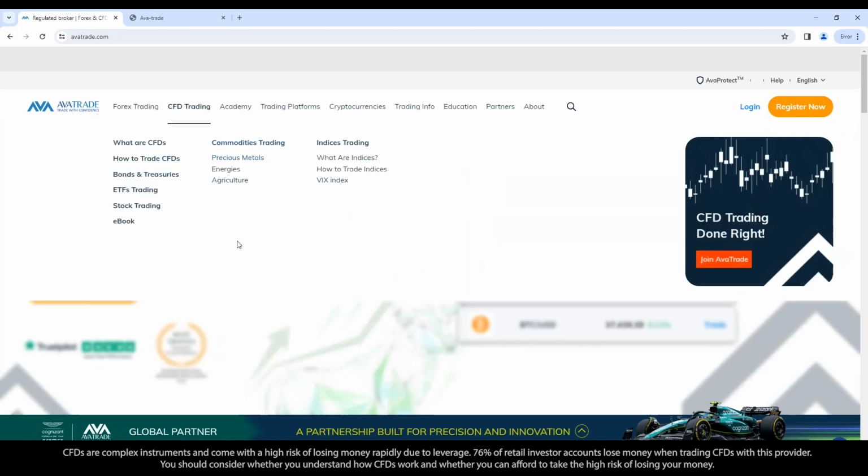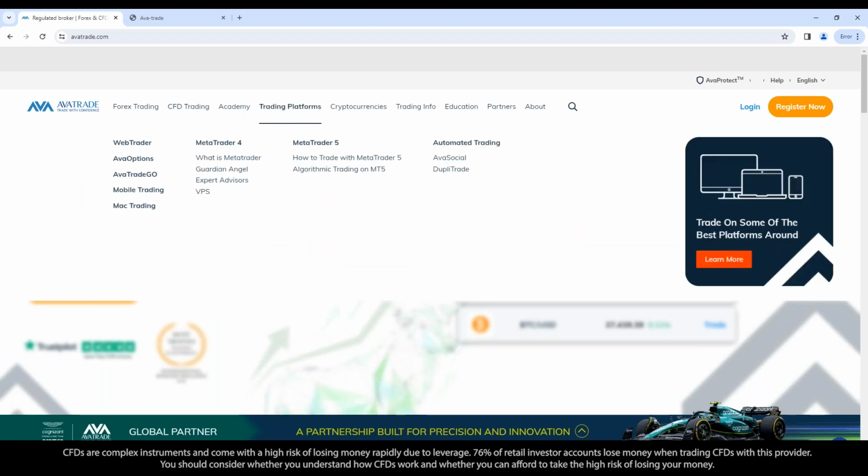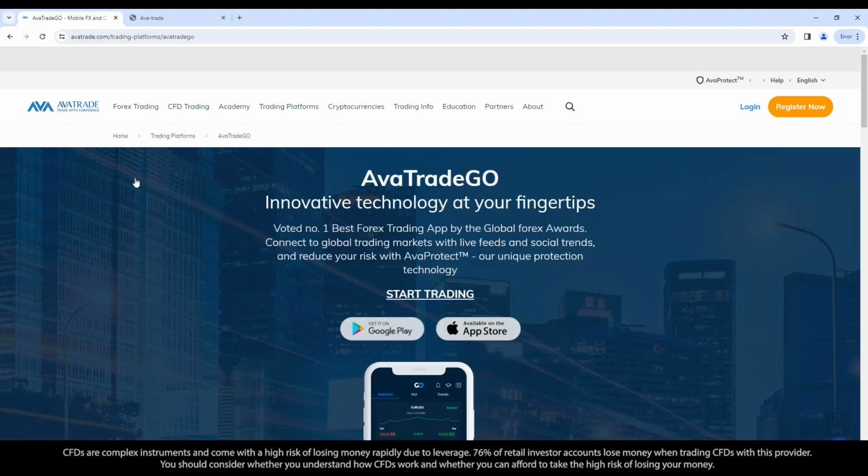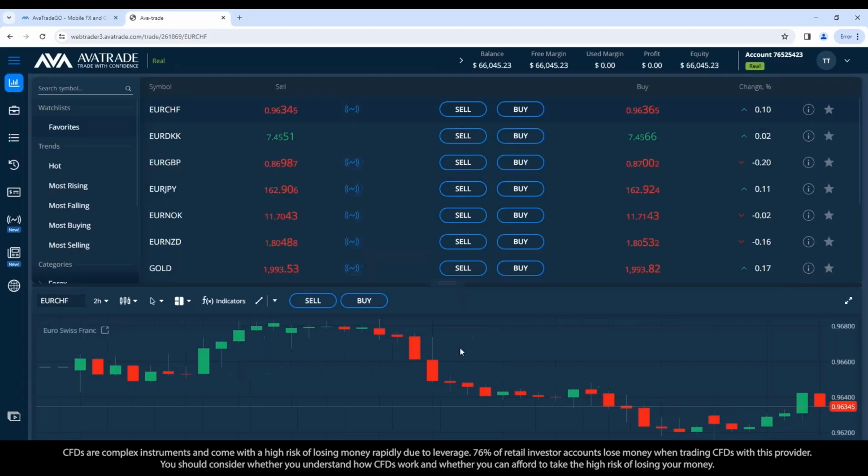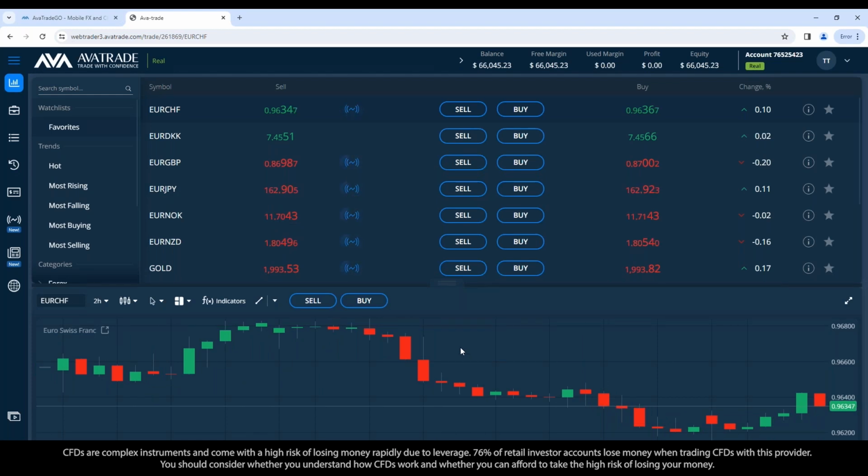Real quick, for anyone who tends to trade on the go, you also can use the AvaTrade Go mobile app. It's found in the major app stores and has the same functionality as what we're about to use in the WebTrader. And it also trades on MT4 and MT5 accounts, just like our WebTrader does, but with the advanced functionality, obviously. So if we log in from the upper right corner here from our main website, we're in the WebTrader platform.